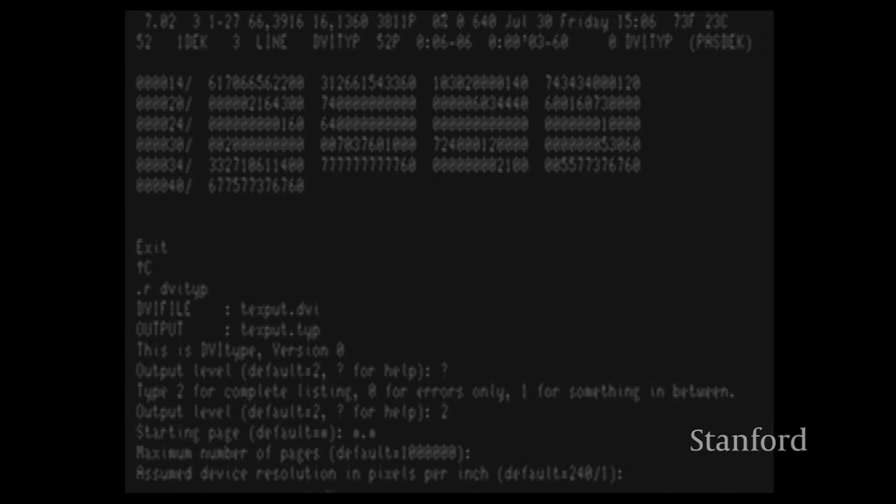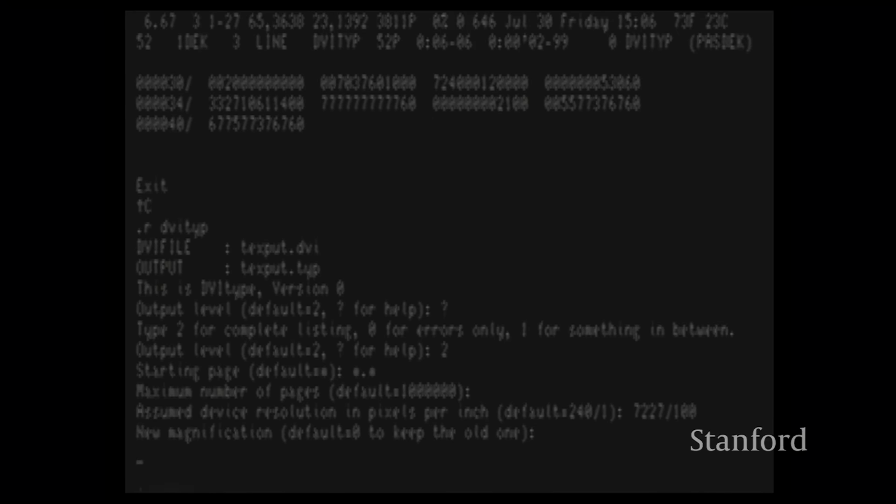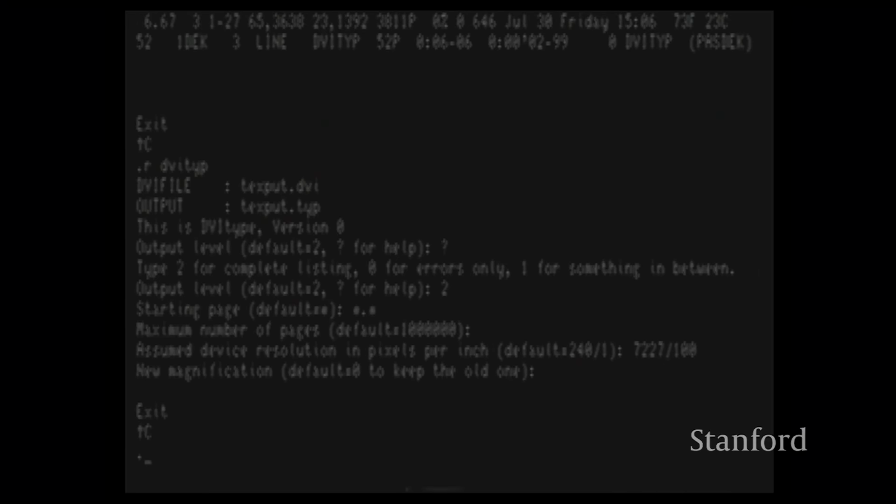And if I want points, there's 7227 points in 100 inches. So I'll type 7227 divided by 100. The magnification, I can just say return to keep the old magnification. On any of those, I could have typed help, and now it's done it, so I can look at the file,